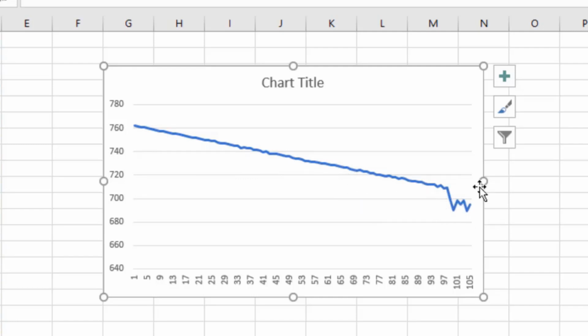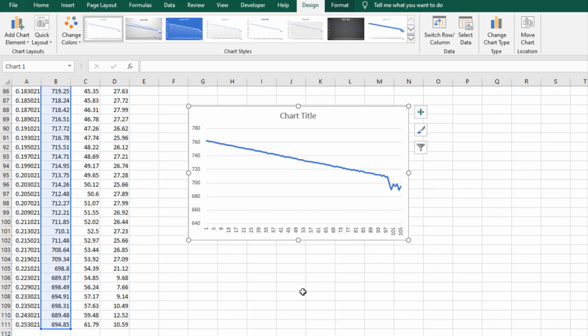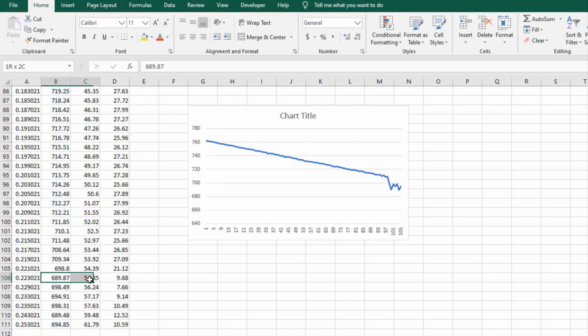But down in this area, what we're seeing is a major drop in velocity, then it goes back up, then down, and then back up. So something's going on around here. This point is a velocity of 709.34, and after that it starts dropping. Well, here's 709.34, and let's take a look at what's kind of going on in this area.